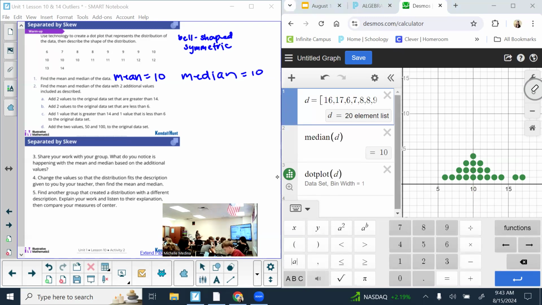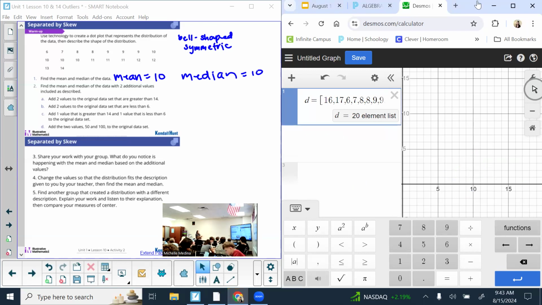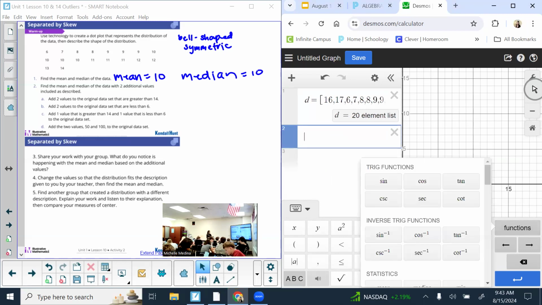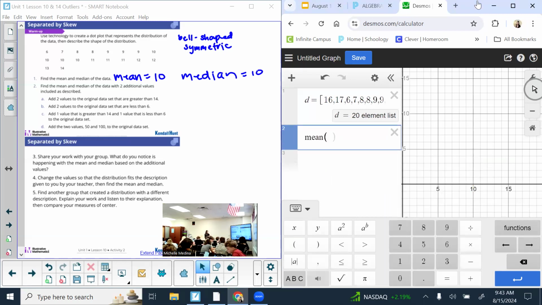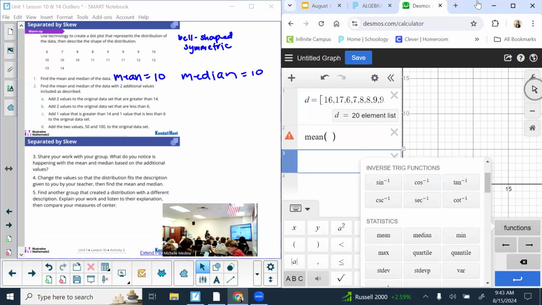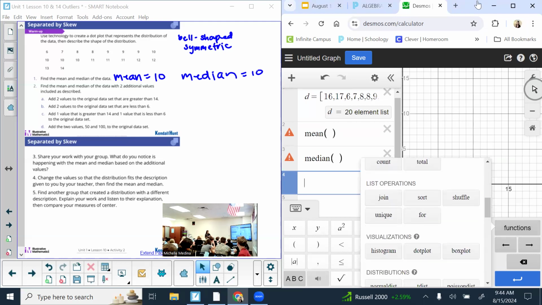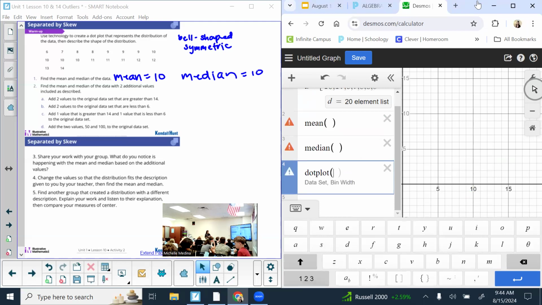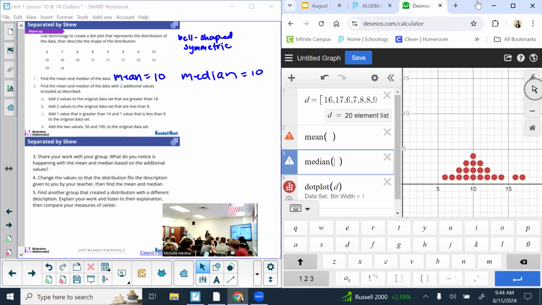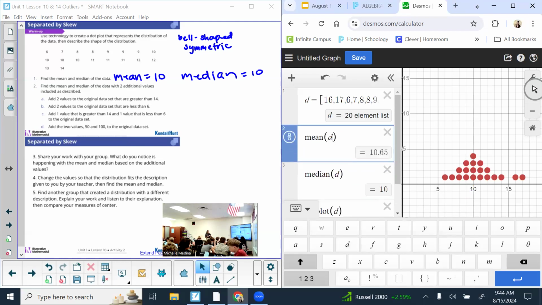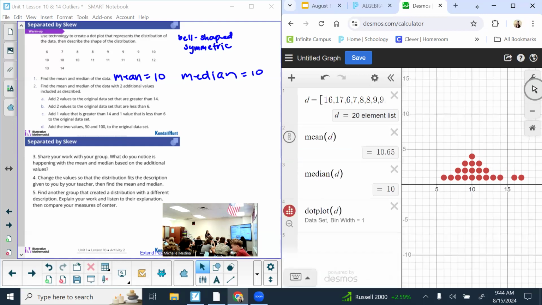I'm going to rearrange this, that way when I change the data, you can see how it affects the mean, which is what you should have seen on your own already. So now we have those 2 values greater than 14 added to our data. And now on my screen, if you didn't for some reason, you can see how it changes the